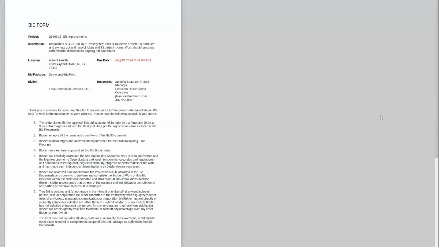This is the bid form. So the bid form shows up with all the specific information from the project, description of what the actual project is doing, the due date, which here is an older one that I had previously, but you would see that it would tell them the due date and if it was behind. And then finally, we have our bid amounts.